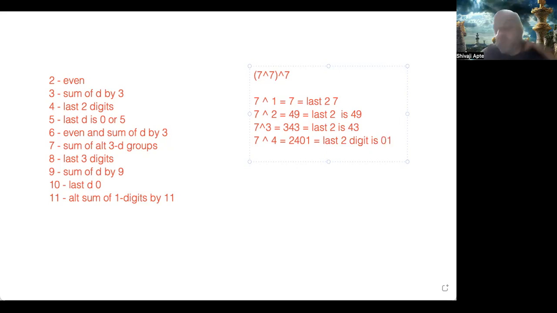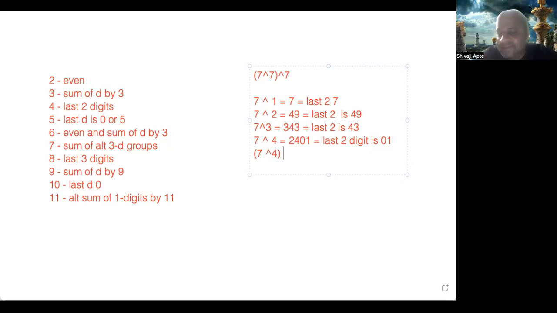But actually, the moment we get the last 2 digits as 01, there is a beautiful thing, because if you take this number, 7 raised to 4, and raise it to any power, doesn't matter what,